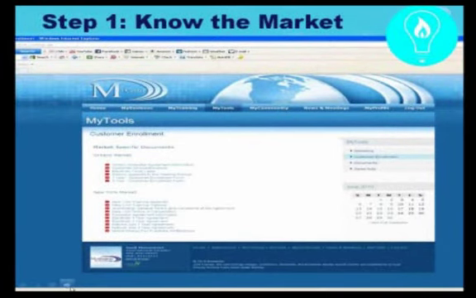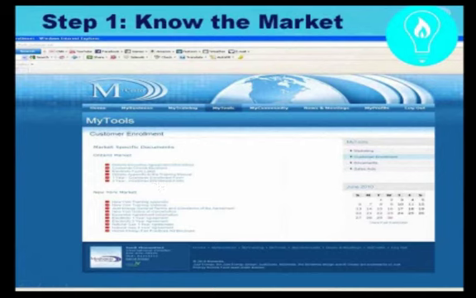The first step is to know the market in which your future customer lives. So say, for example, you live in New York, and you have a sister who lives in Ontario, and you want to sign her up as your customer. So you do some research first so you understand the Ontario marketplace. And all of that information is in your M Center. So you go into your M Center on the My Tools tab and look at Energy Customer Enrollment. When you do that, you'll see market-specific information that applies just to that market.